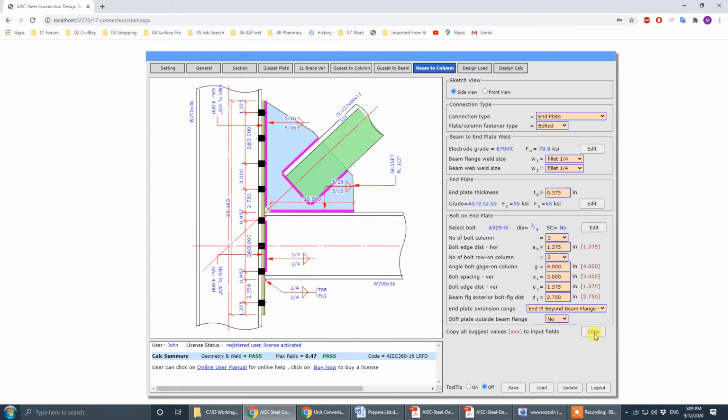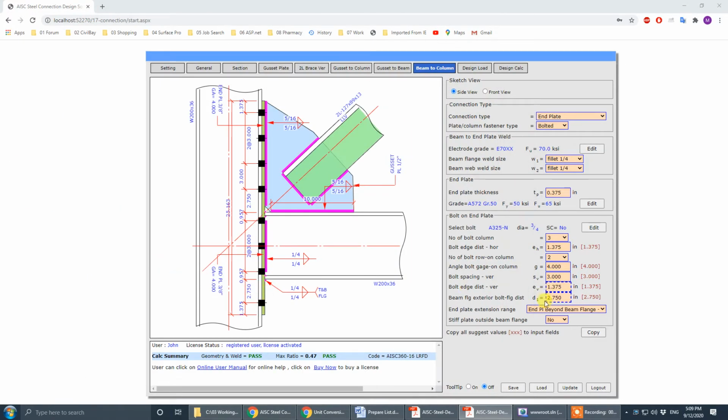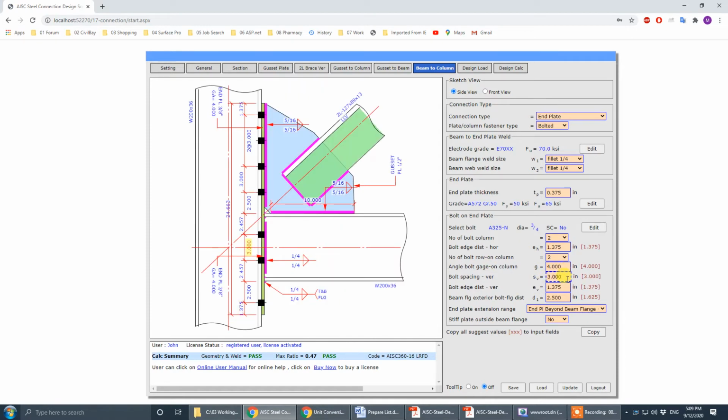Copy, and now here's 2.5, 3.5, 2.5. Okay, so this one is 2.5, and it's 2 rows. Okay, so 2 rows, 2.5, 2.5, 3.5. That one is 3.5, 3.5, and it's 2.5 here. Okay,